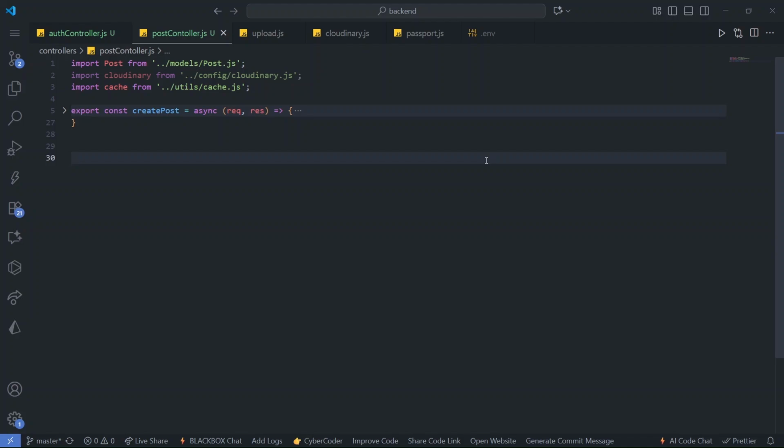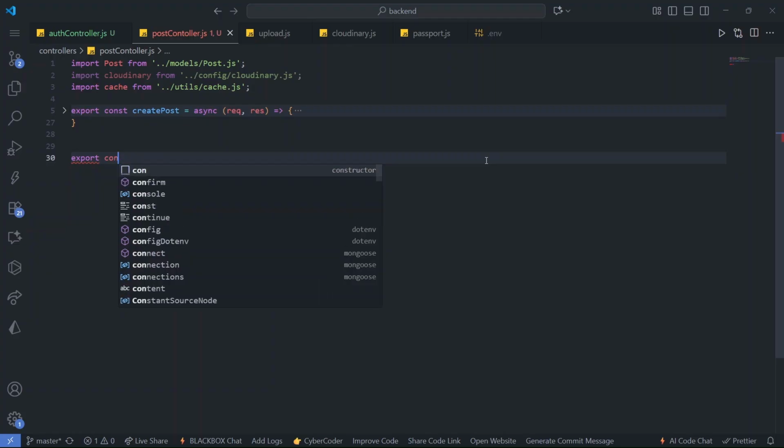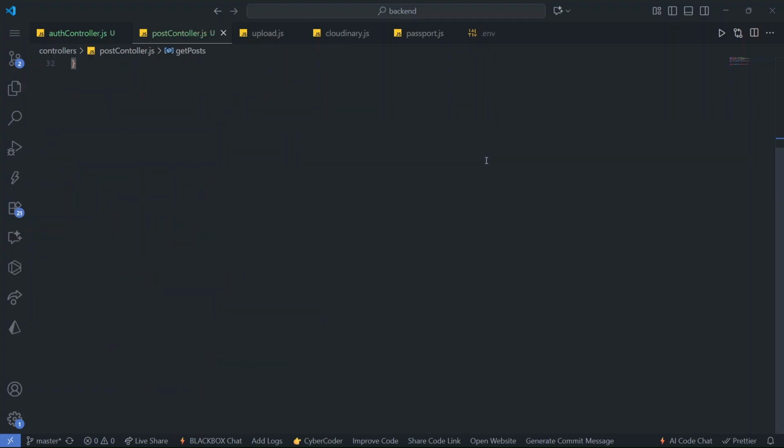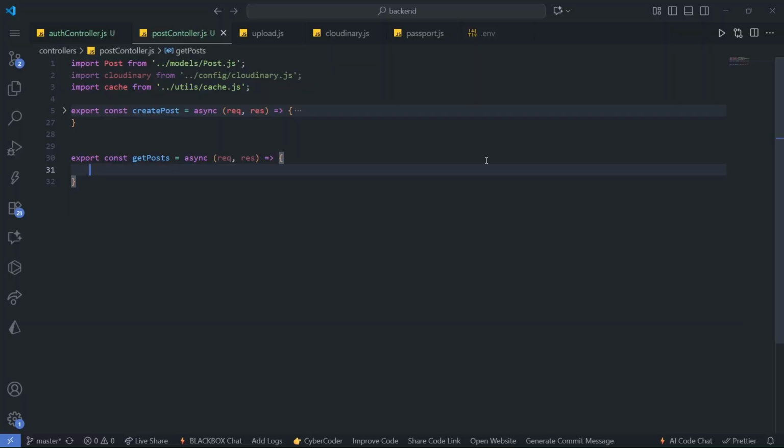All these things we are going to handle in the get post. So we have to create export const get post, and in the get post we have to write the try catch,